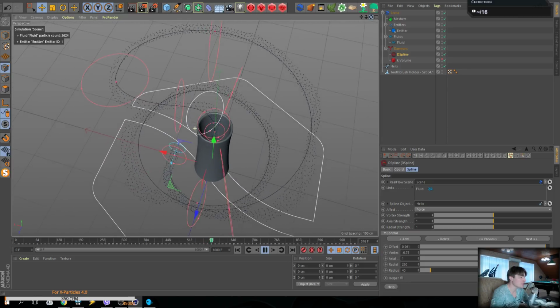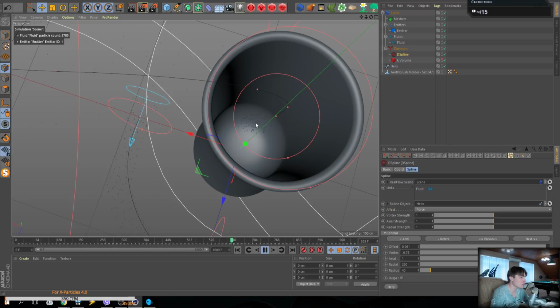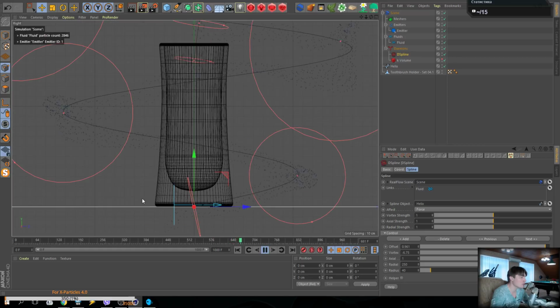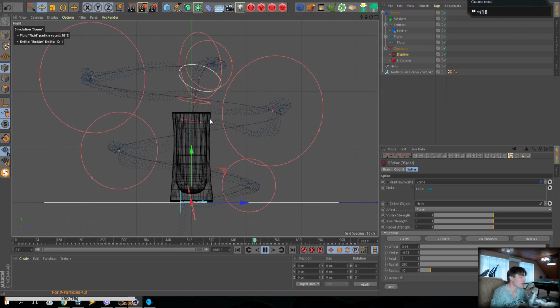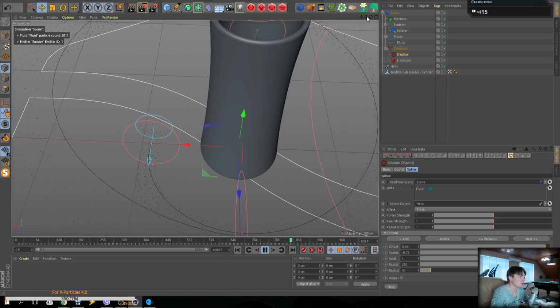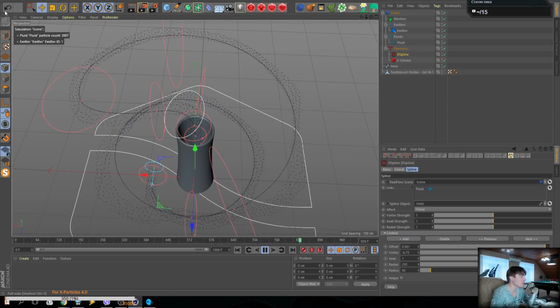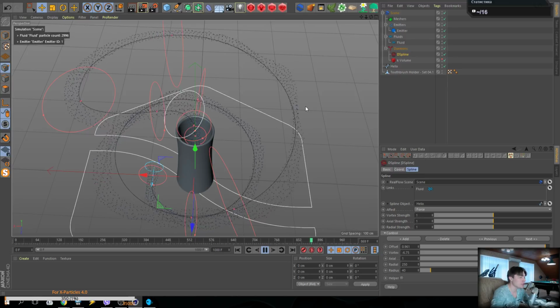So what I have inside, I have like this. As you remember from that video, water is somewhere here and going outside from my glass, as you can see, because my glass doesn't have any collider now. Okay, when we are finished setting up my splines, we are going to make it more beautiful. So don't forget to save, because sometimes RealFlow Cinema 4D is going to crash and you have to